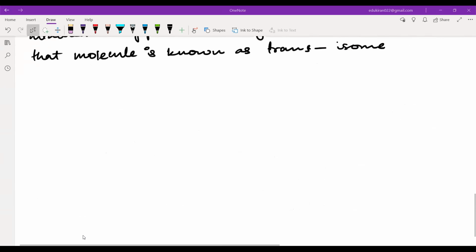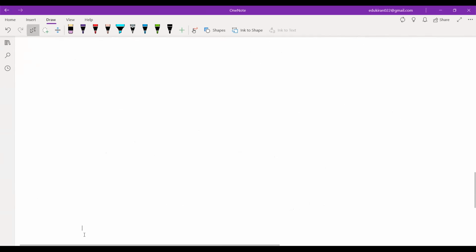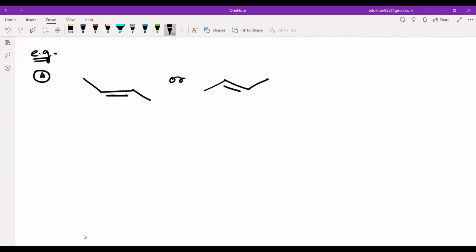So you have learned something about stereochemistry now. So for example, you have been given a question. You have to name this, and they have given something like this. Or this can be also shown like this. Or this can be also shown like this. So all of these structures, what is similar here? For all of them, you will see that it is but-2-ene. Correct? But-2-ene.